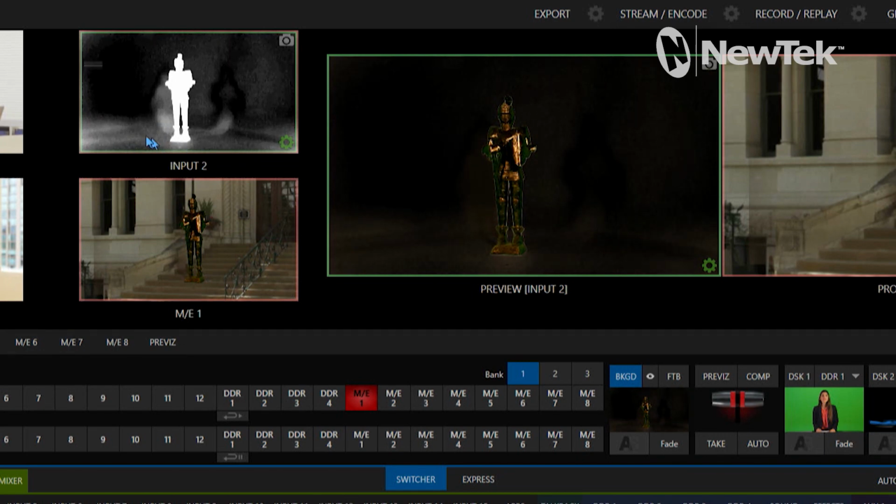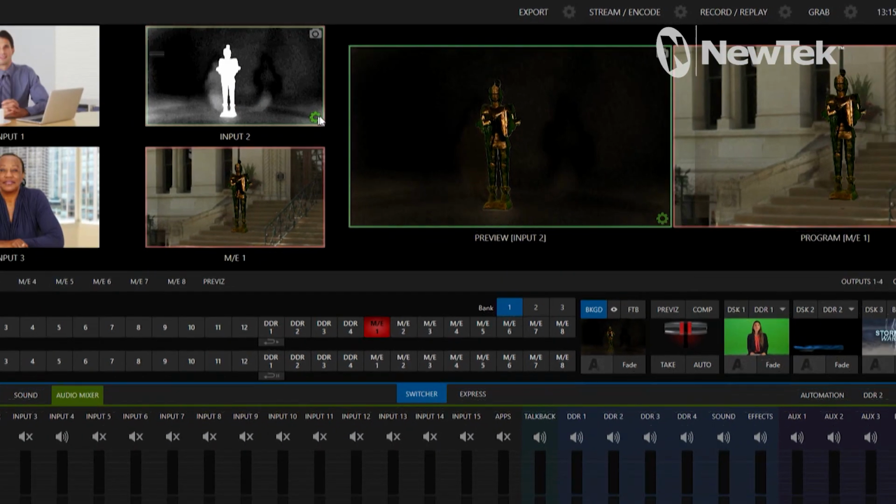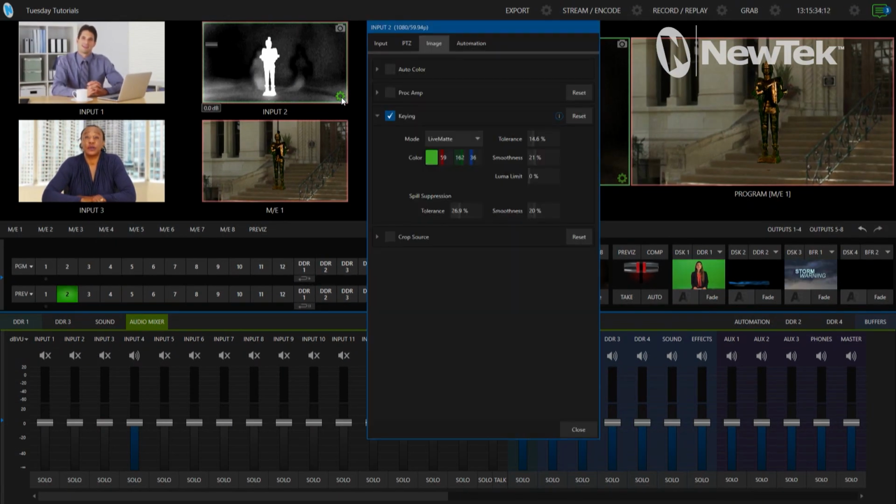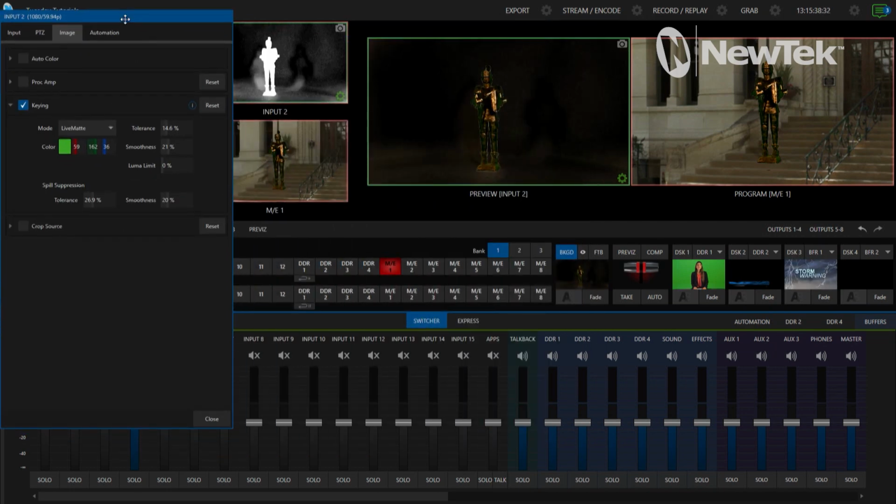Basically you want to have your background be as dark as possible when you're doing it in the Show Alpha side of things, because anything that is white or gray will show up on screen. So eventually what we want to do is just make our statue man here all white. To do that, we'll go back into our settings. It's going to be a little bit of playing around. This is kind of an art form as far as adjusting the tolerance, smoothness, etc. So we're just going to play around with these settings until we make